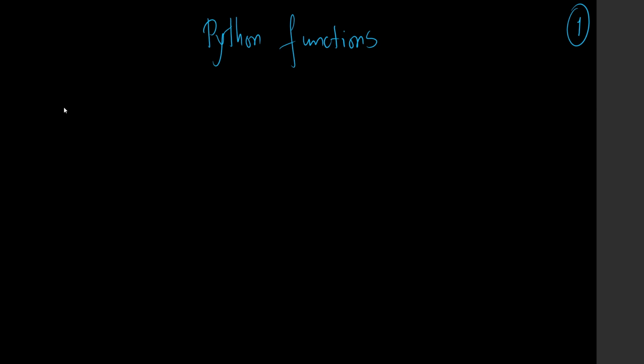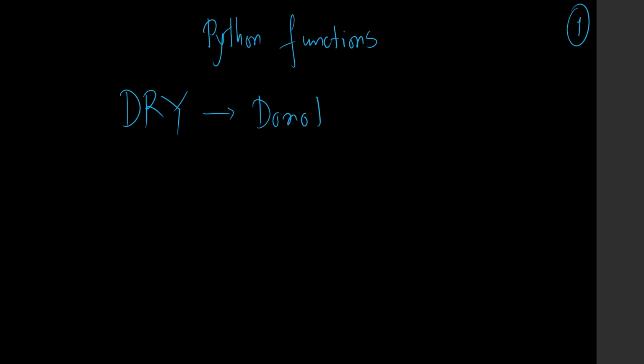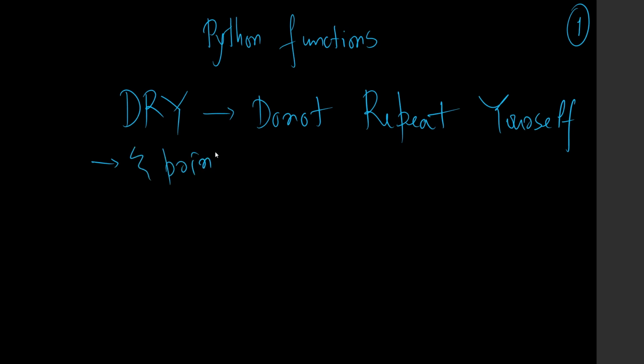So in the world of programming, there is a principle called DRY, which stands for do not repeat yourself. The main fundamental thing is, if you have repetitive lines of code, you can bundle them into a single function. So for example, let's talk about some line which maybe prints some name,